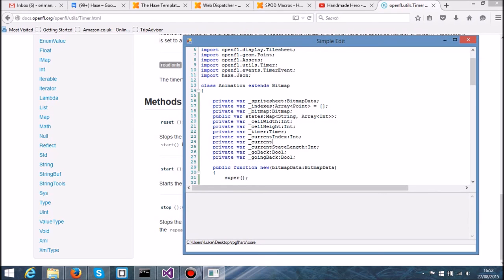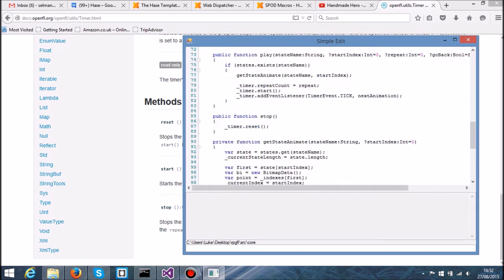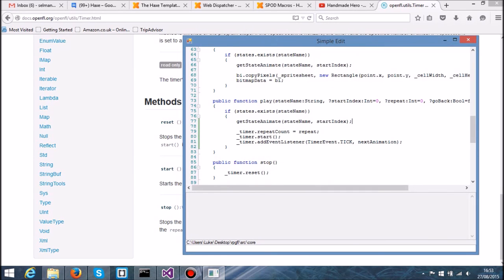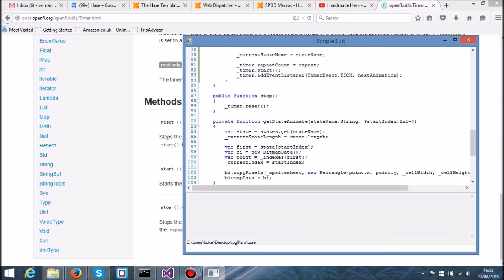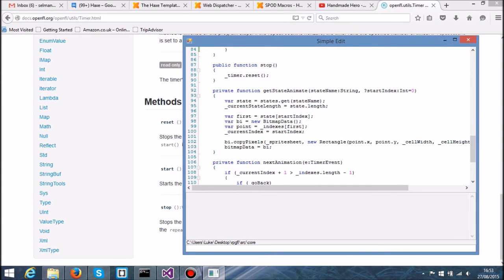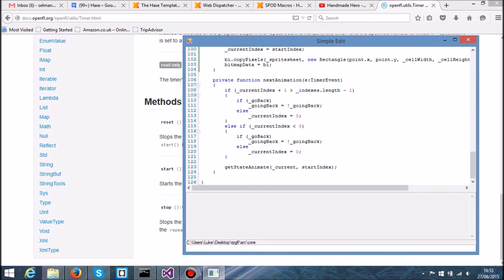Private current state name string. Let's go down here and say current state name is going to be state name, like that. That should be fine. Certainly looks that way. Okay, so yeah, we're going to use current state name, and then we're also going to use current index, right? So we're doing these operations